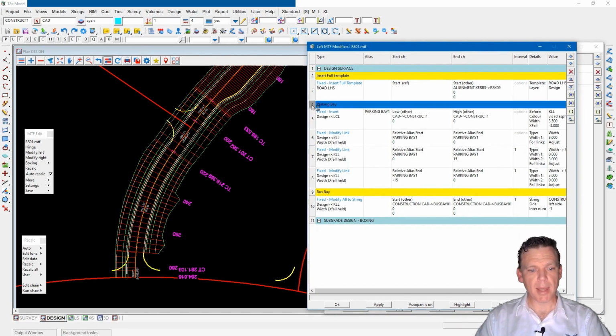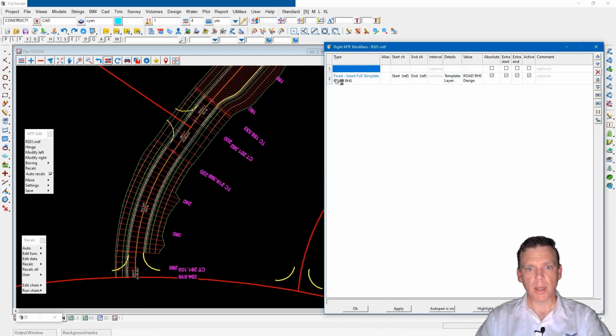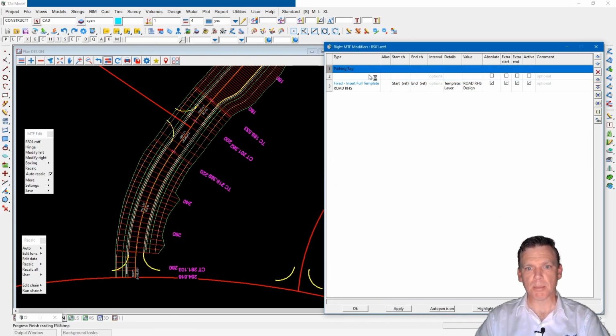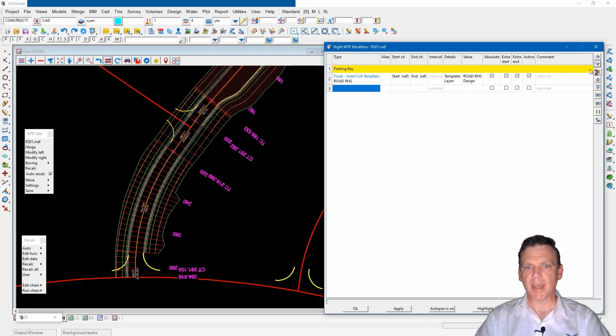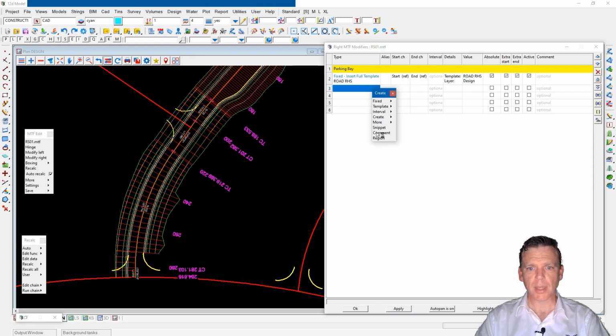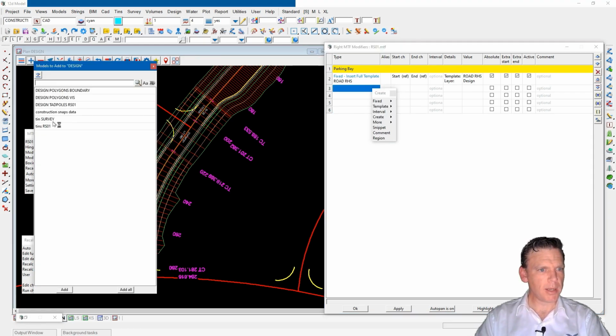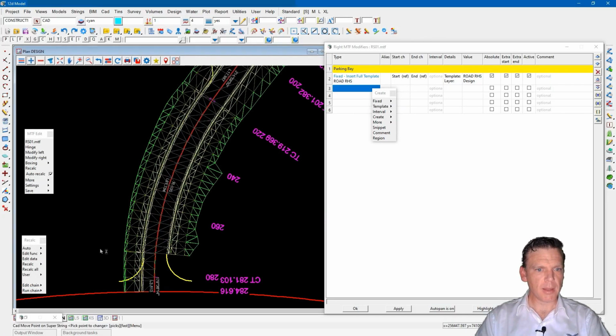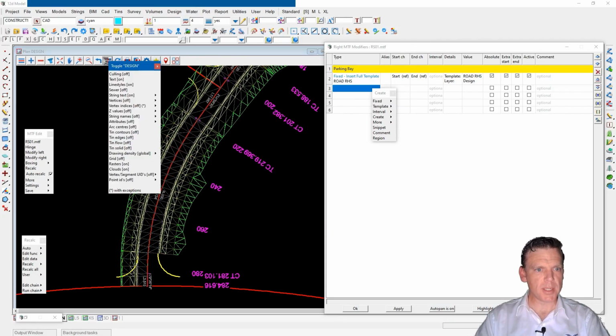Let's grab that command there, control copy on the keyboard, and come over to this side and go paste, and essentially just paste that command straight in. So again, it gets a little bit easier the more you use the MTF file where you can cheat from left to right. And I'll just do a very simple super elevation. And to see this happen, let's just turn on the design tin. There we go. And we'll also toggle on the tin contours